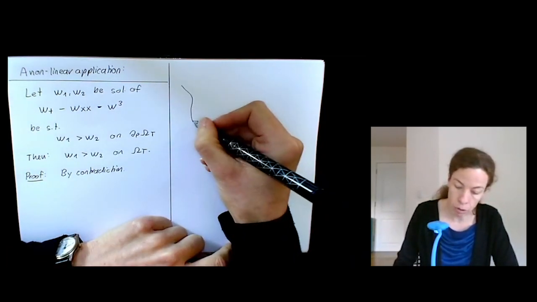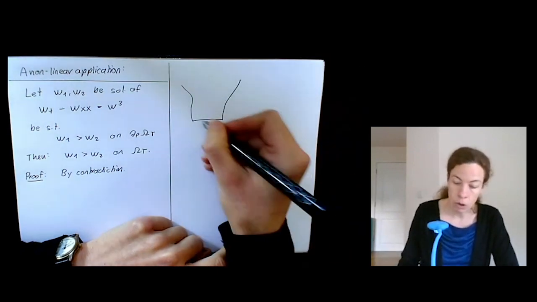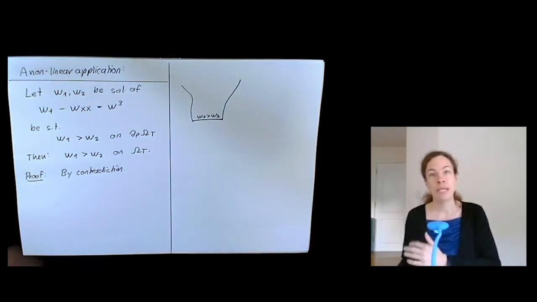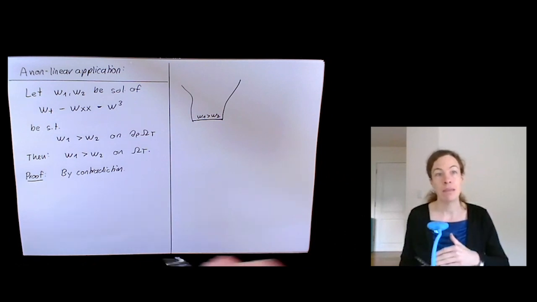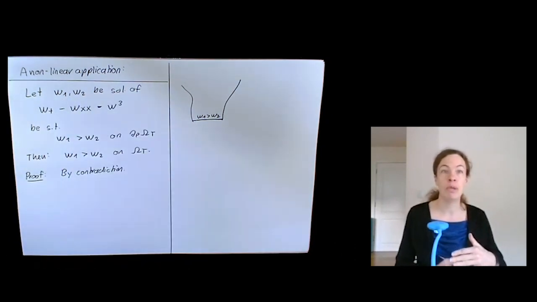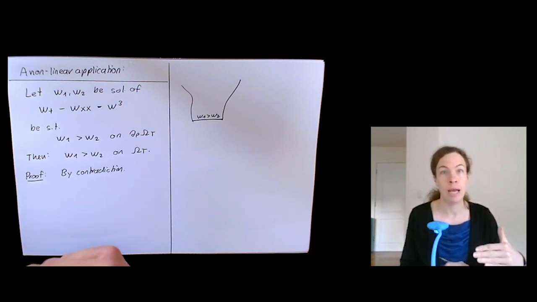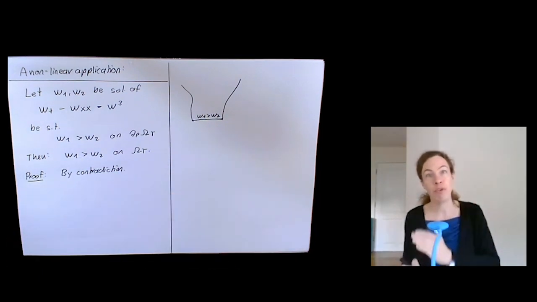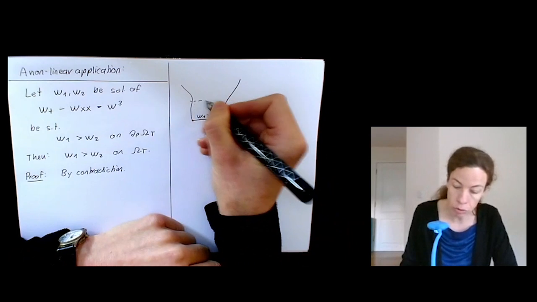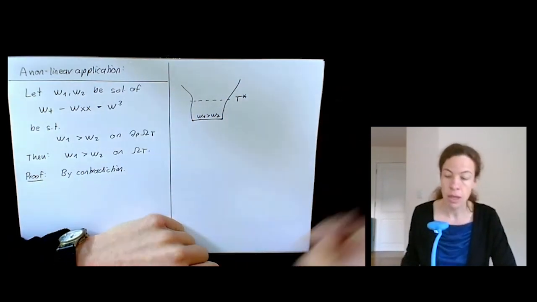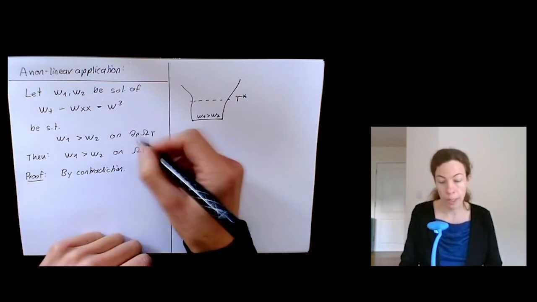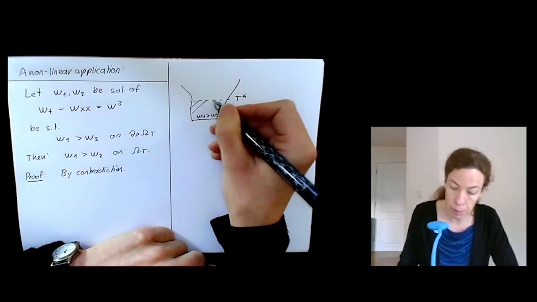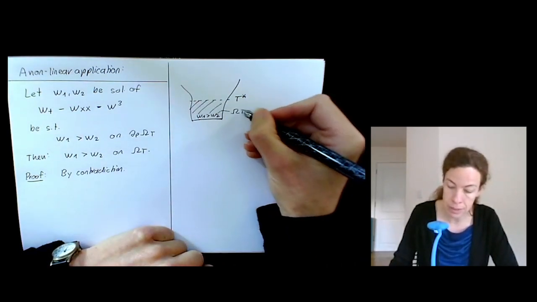So we have this domain over here that we've considered before, and I know at the start time in particular that W1 is strictly larger than W2. Having a strict inequality means that my continuous functions W1 and W2 will remain ordered at least for a little bit of time. And then what I want to say is, if things go wrong eventually, there must be a first time where things go wrong, and I'm going to call this first time capital T star. And now instead of considering the whole omega T and applying my maximum principle on the whole thing, I'm just going to apply the maximum principle on omega T star.